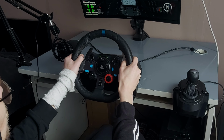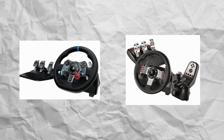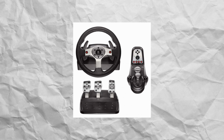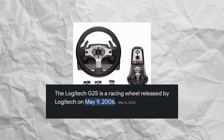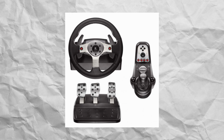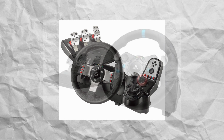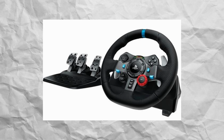You see, its predecessor, the G27, looked pretty much the same, apart from a new wheel rim design with more buttons. And that wheel's predecessor, the G25, also looks pretty much the same. The thing is, the G25 was released in 2006, which is 18 years ago. Of course, each new wheel brought improved things, like pedals, more buttons, smoother gear-driven force feedback, but realistically, this wheel